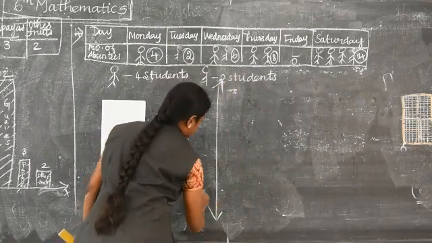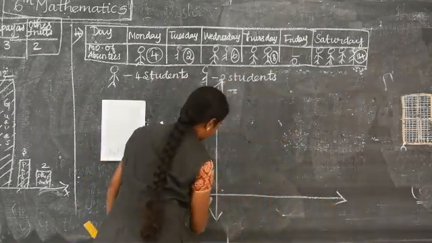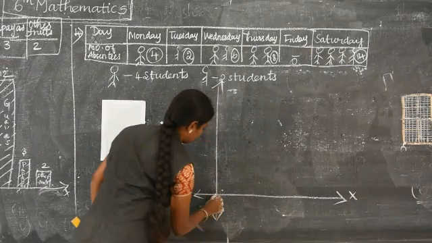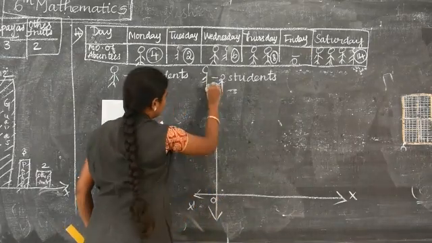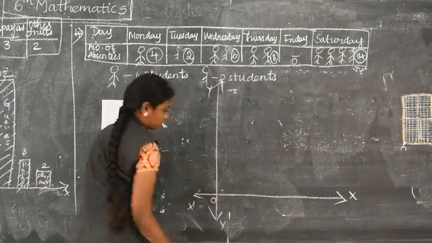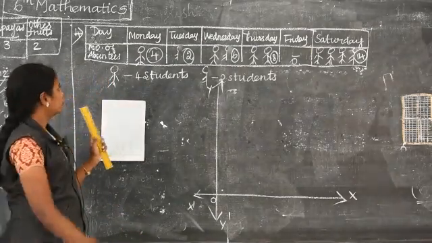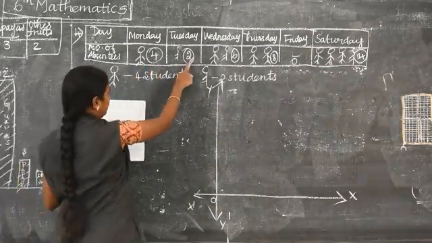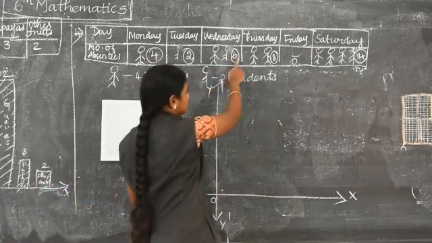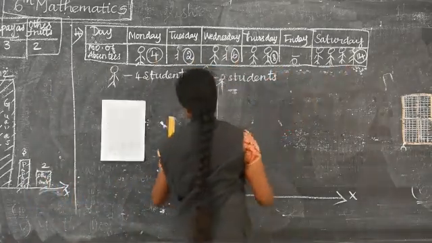The first step is to draw the x-axis and y-axis. X, O, x dash, y, O, y dash. Okay. Next we are going to draw the bar graph. Now listen to the numbers: 4, 2, 6, 8, 14 are given.